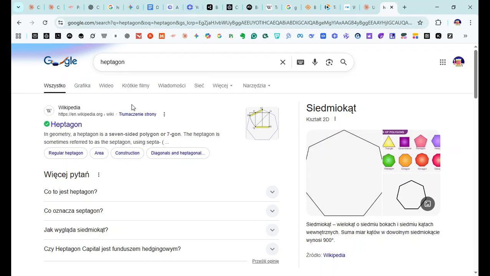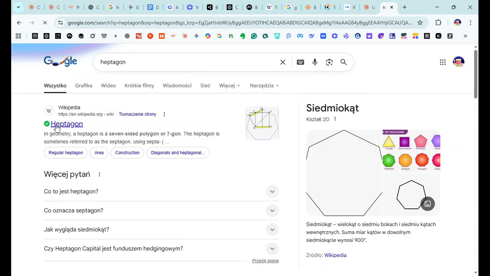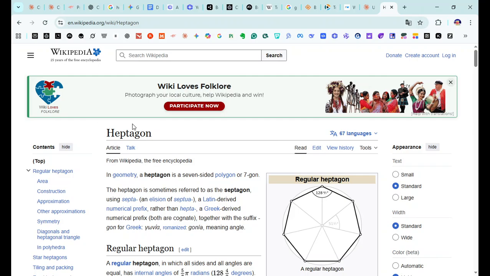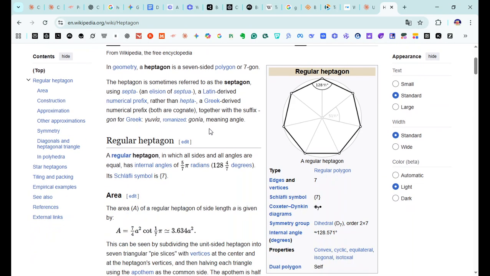All right, and obviously it's a seven-sided polygon, or 7-gon.